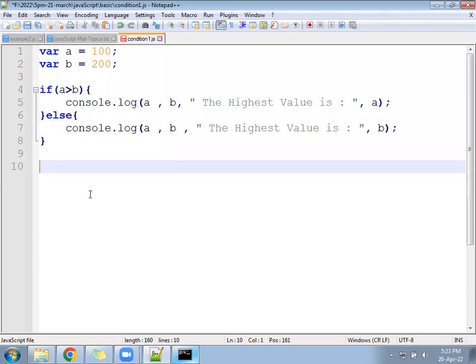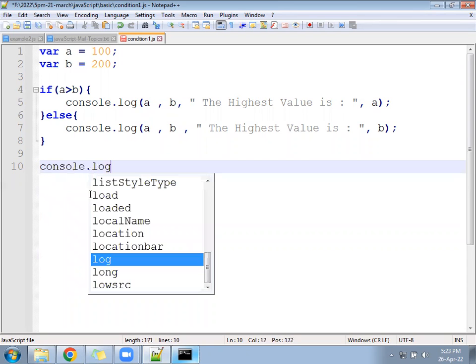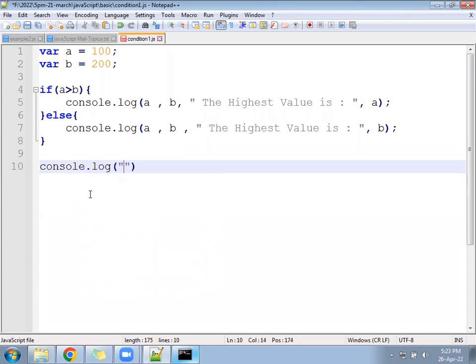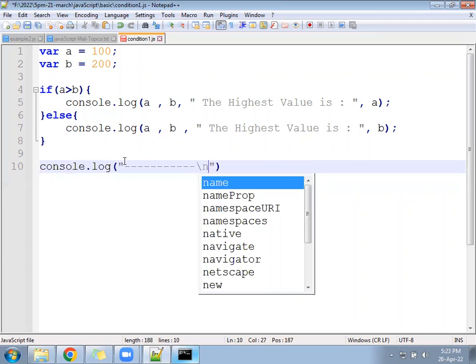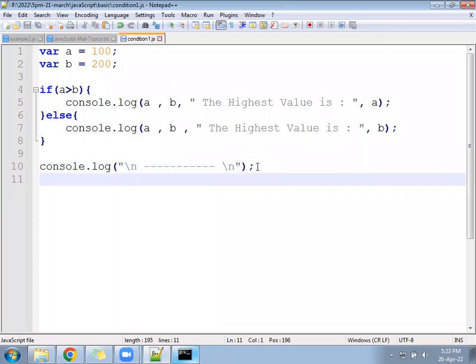Okay, let's come down below. Console.log. We can print here one line as the separator, with \n at the end also, and \n at the beginning also. So before printing this line, one line break will happen. After printing this line, it will break. Okay, next after that,